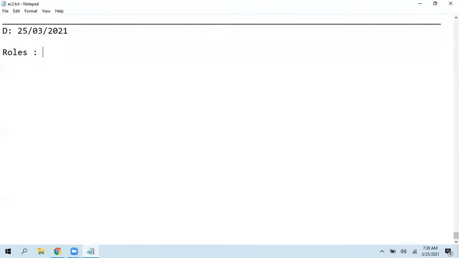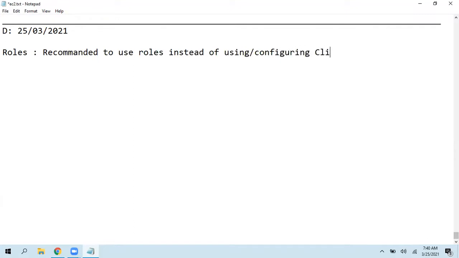Now, coming to this roles option, it is recommended to use roles instead of configuring CLI user credentials in an EC2 instance, right? So let me